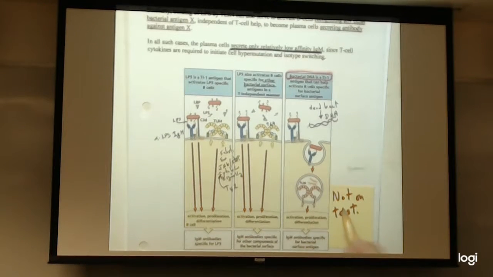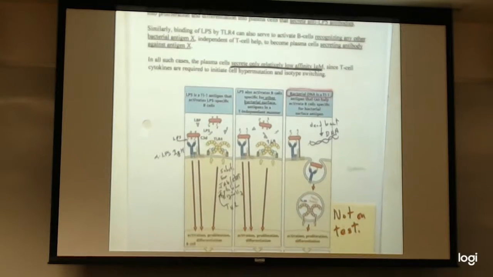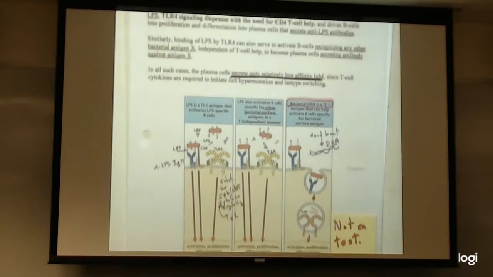As soon as you see this on the test, there's our thing about what you're going to do later this afternoon and this evening. Do not pay attention to